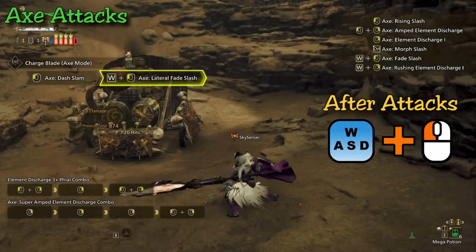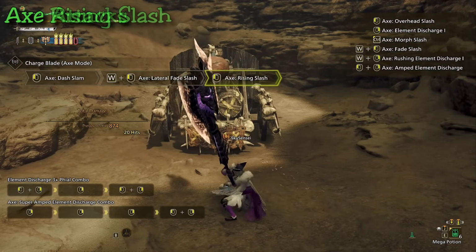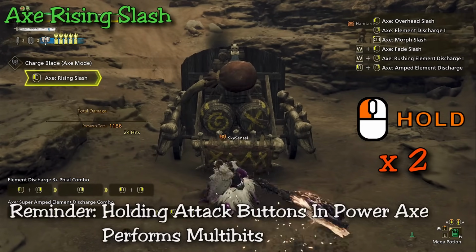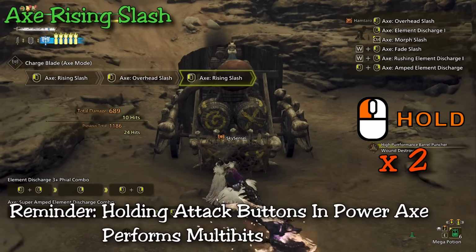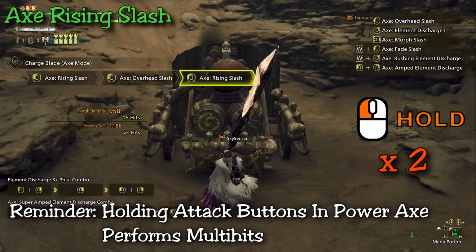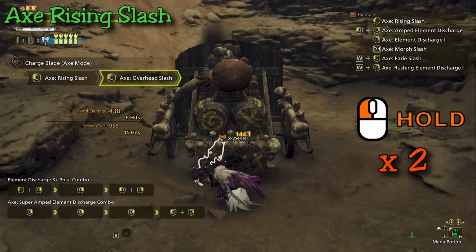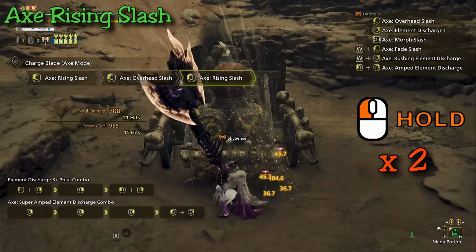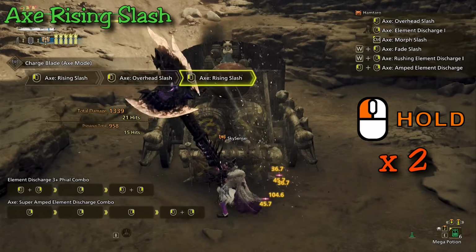Otherwise, you need to perform the lateral slashes after another attack like the dash slam. The first axe attack combo is the basic rising slash. Holding the normal attack for 2 seconds while standing performs a multi-hit upward slash, and then clicking and holding the normal attack again for 2 seconds performs an overhead slash down. These attacks don't consume any phials,